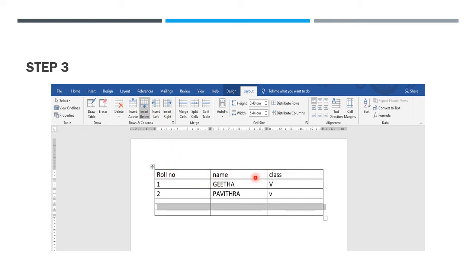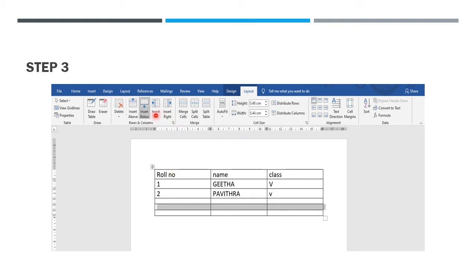In that column, if you want to add a column, just select Insert Right. If you click Insert Right, the empty column will appear on the right side. Or if you click Left, the empty column will appear on the left side. Okay, so this is the way you create the column.